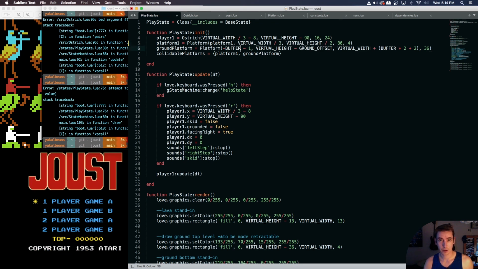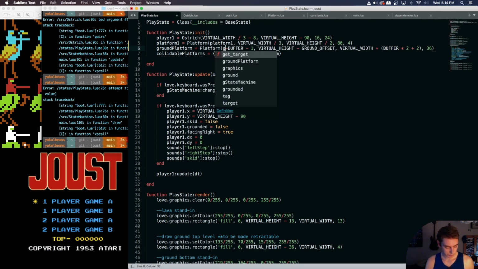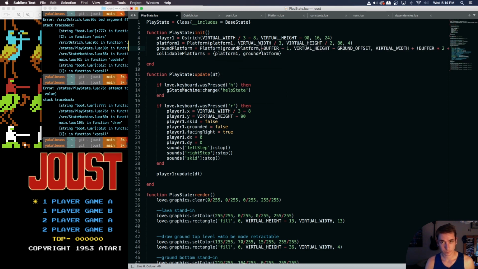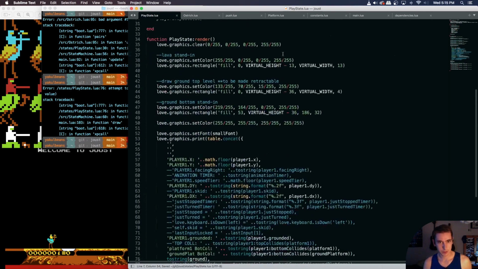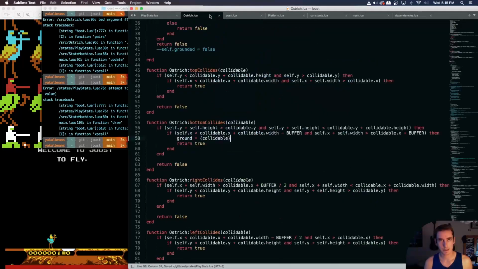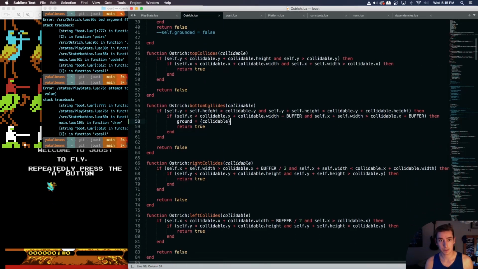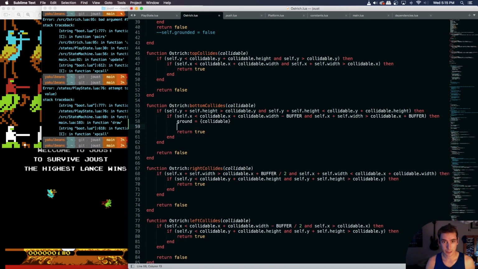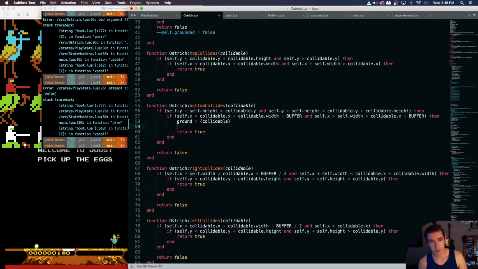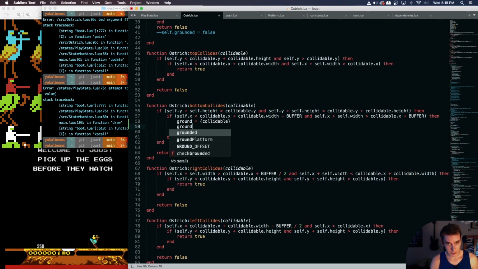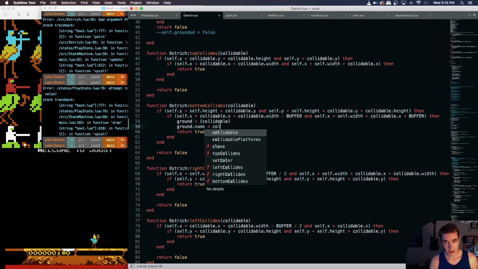And then our ground platform needs the same. I'm curious if we can, in our bottom collides, here we allocate ground, or we allocate whatever we collided with to be the only platform object in our ground table, and then we're going to set our ground.name to be equal to our,